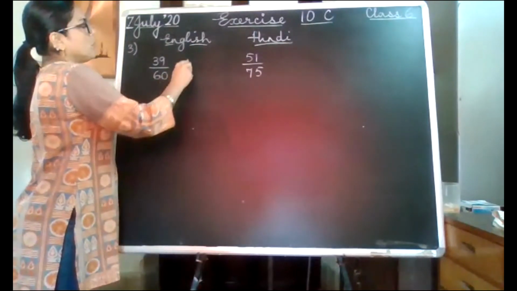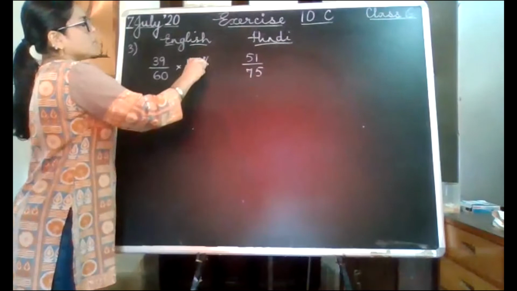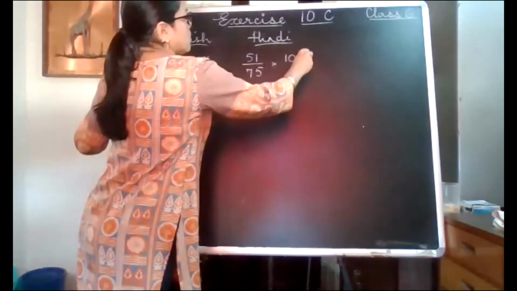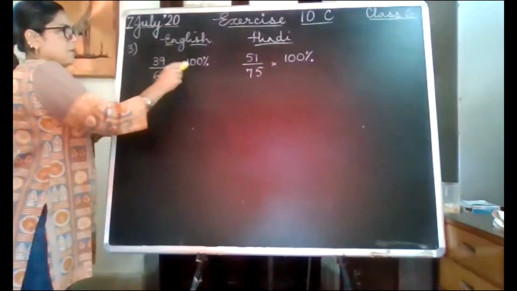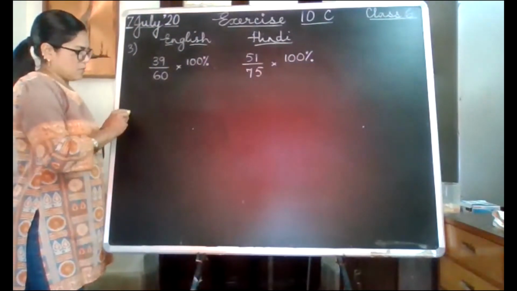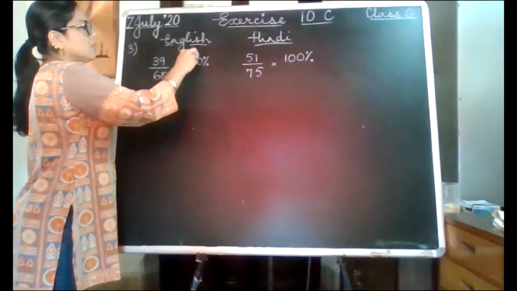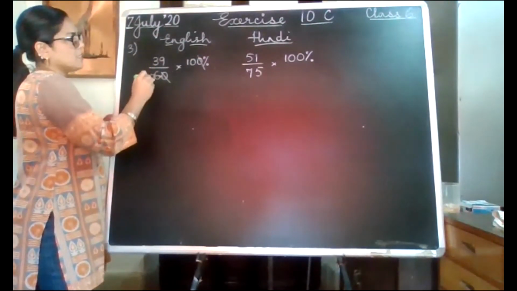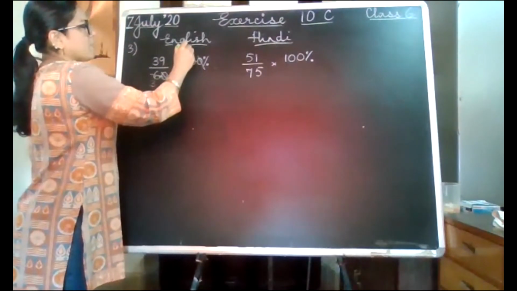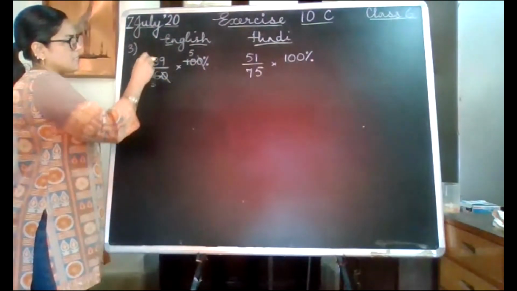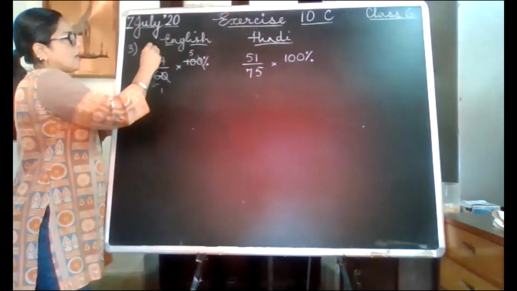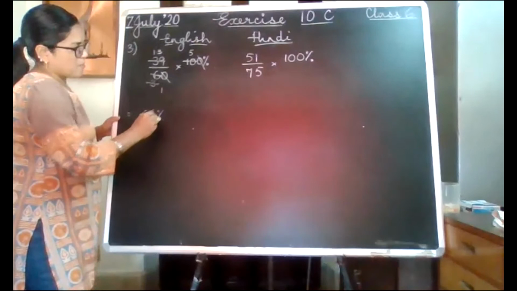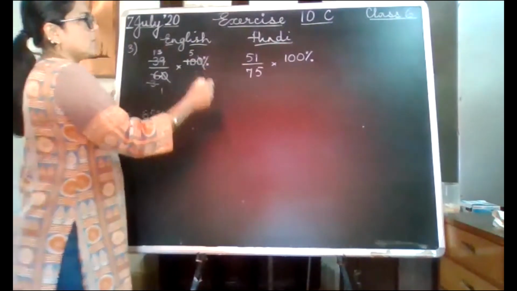So we know that to convert anything into a percentage, we have to multiply by 100%. Both of these marks, we simply multiply by 100%. What will it become on reducing? Both are divisible by 10. Then 2 divides this 3 times and 2 divides this 5 times. Then 3 divides this also. 3 ones are 3 and 3 13s are 39. 13 fives are 65%. Now you find out for Hindi similarly.